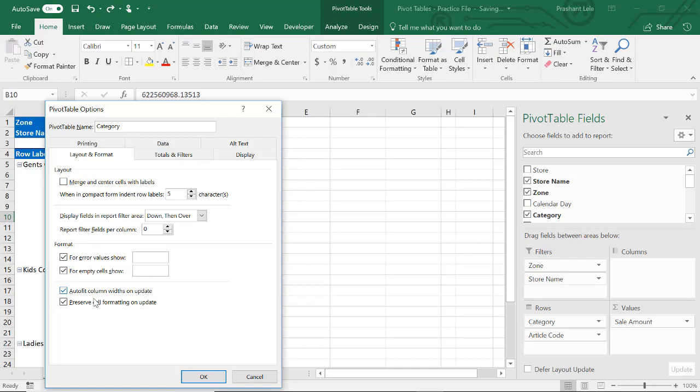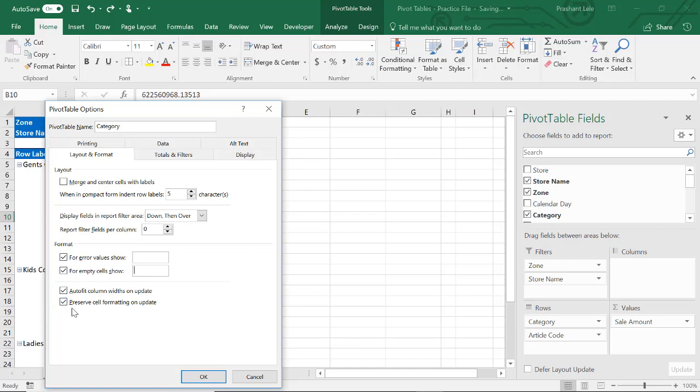Then the last two options are autofit column widths on update. Most of the time what happens is you adjust the column widths of your pivot table, and when you update it, data changes and column widths are adjusted according to the new data. To stop it from doing this, you can just remove this checkbox and your column widths will remain as they are even after updating the pivot table.